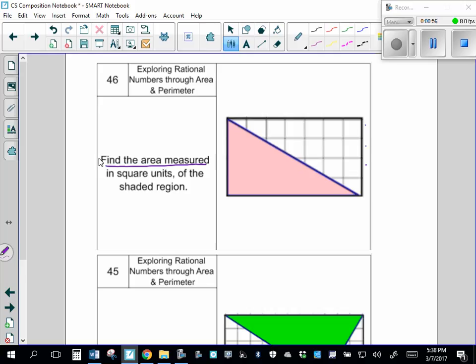So if you count down the grid here, you know this is 4 square units or 4 units long. And if you count across the grid, it's 7 units long. And so when we look at this whole rectangle, since we learned about rectangle area, we know the area of the whole rectangle is 28 units. So because it's a 4 by 7, it's 28 units. But the triangle is just the bottom half of it, and that's all we're looking for is the pink area,